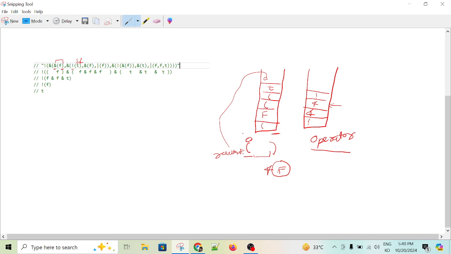As I have mentioned, whenever we hit the closing parenthesis, we will have to extract all the elements and evaluate the expression. So you will have to evaluate this expression from here to here, from negation to here. For this one, what we will do, we will pop the element. So from here you can see that we will have to negation,